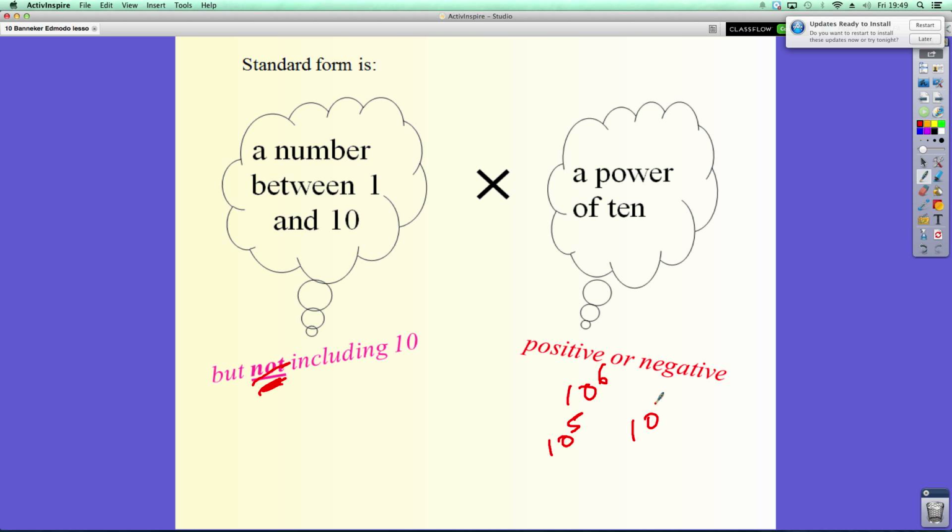10 to the negative, so 10 to the minus 3, 10 to the minus 4, or whatever. And that's when we're dealing with microscopic or small values, and that's when we're dealing with massive values or big values. Okay, so